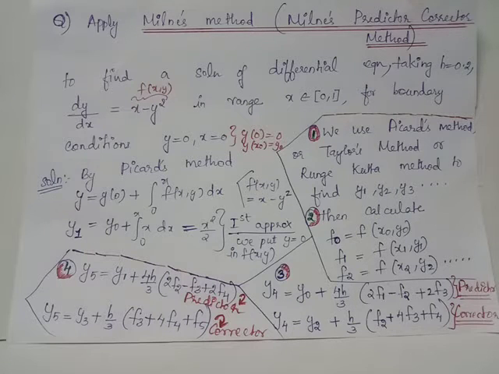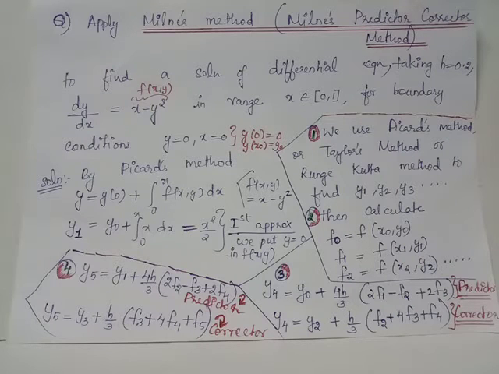With this updated value of y4, we will again use this same corrector formula to once more evaluate y4. The corrector formula is used for the second time because here in order to evaluate f4, we had depended on this value of y4. Now since we have already obtained y4 from the corrector formula, this updated value of y4 will be used again to compute f4. Second time when we use corrector formula to compute y4 and the value coincides with the previous value, we can confirm that there is no error in computation of y4.